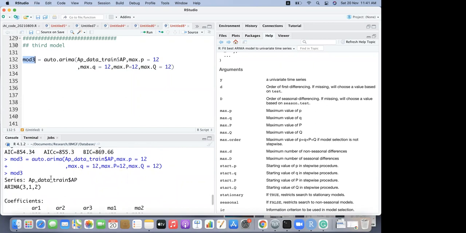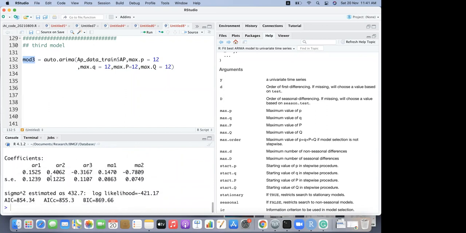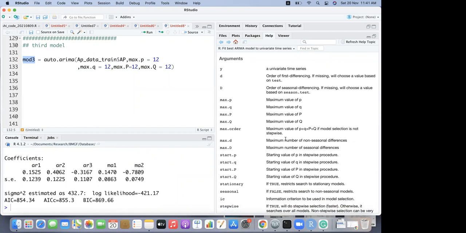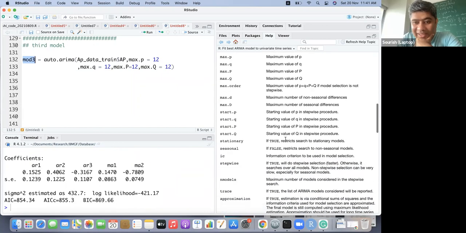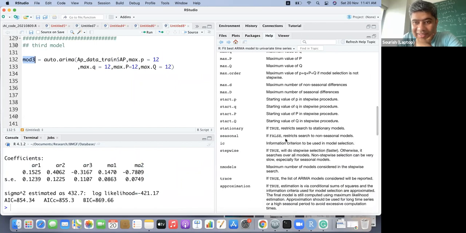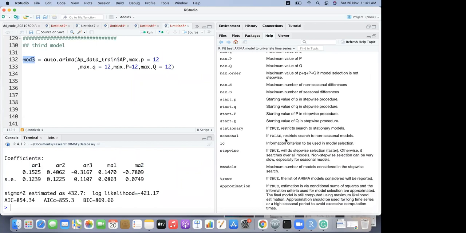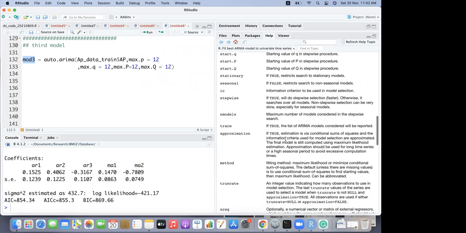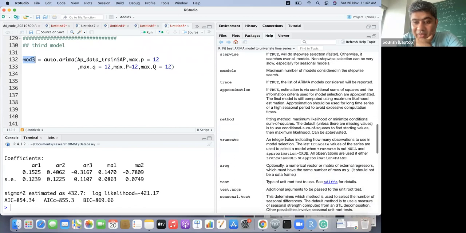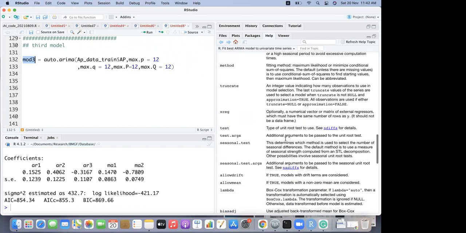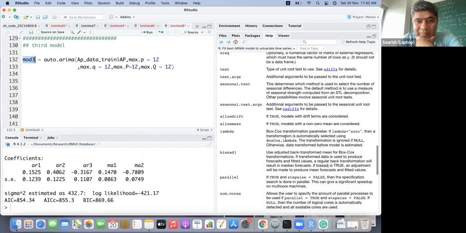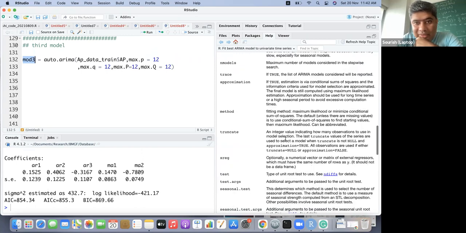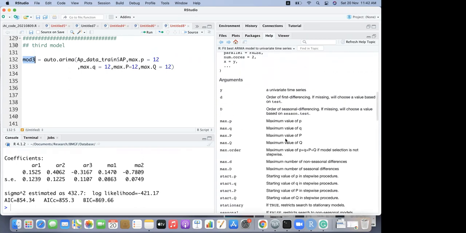And actually, this problem happened with me last time. I did not know that, and auto ARIMA is giving AIC and BIC values totally different from this. Let's proceed. I don't know, but in Python, auto ARIMA is working really very fine. It is optimizing great. But in R, I don't know. Something is definitely not going so well here. At least auto ARIMA is definitely not going well.